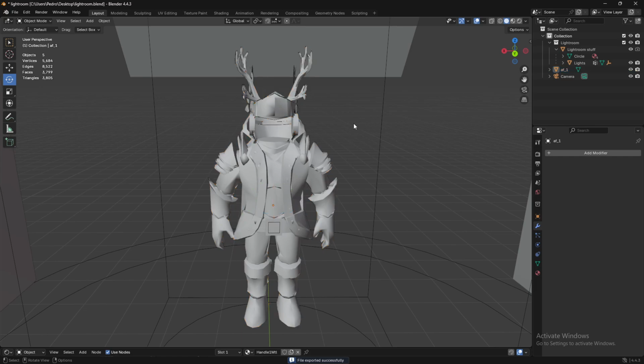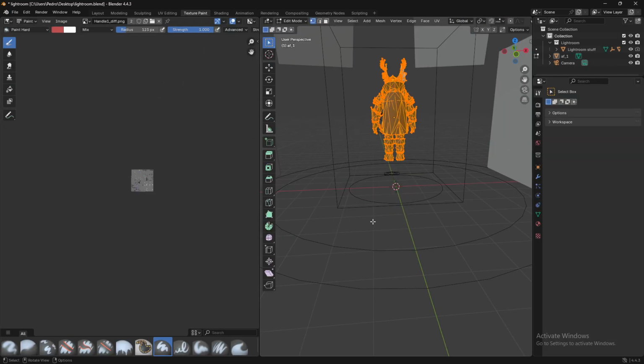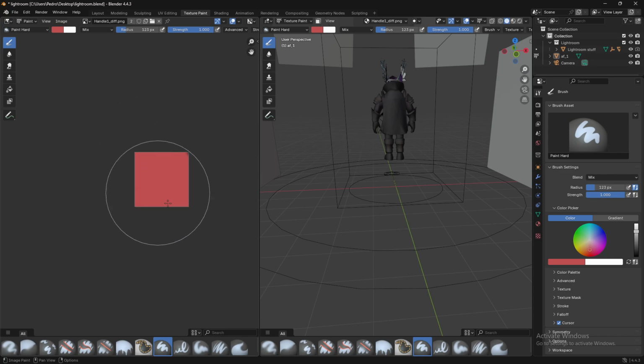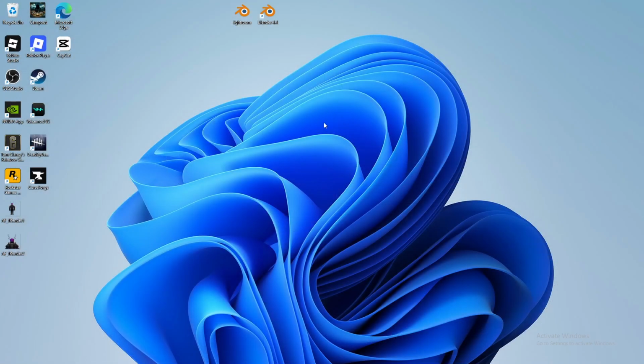Boom. Now, in my last video, I made you guys go to texture paint and individually take screenshots of these things, but you don't have to do that. That was on me. You're just gonna want to exit out of this, and the next step will be